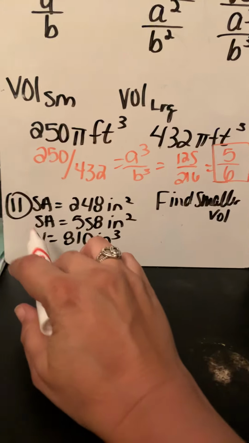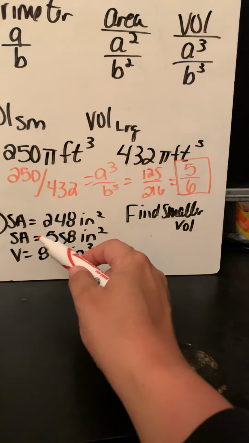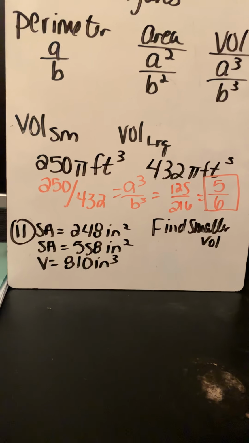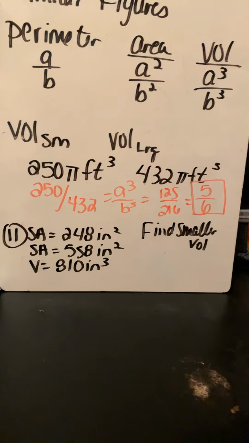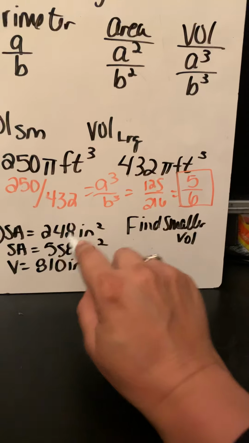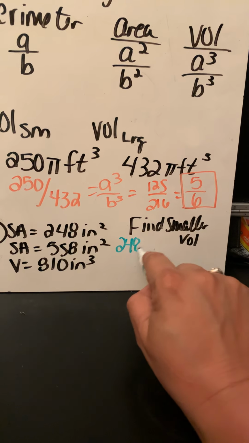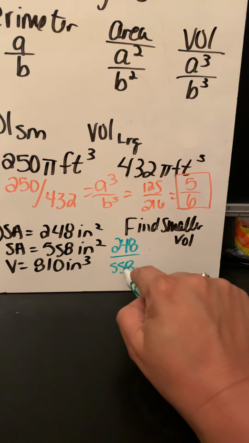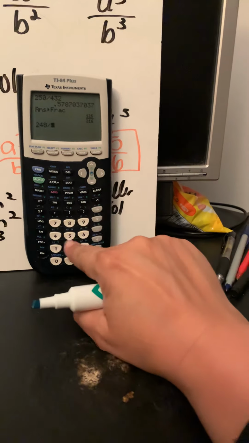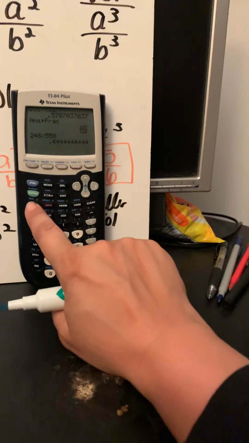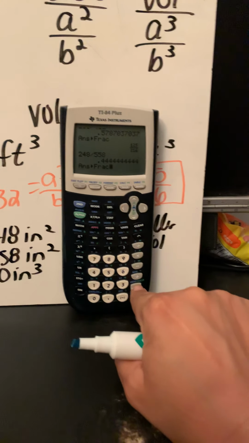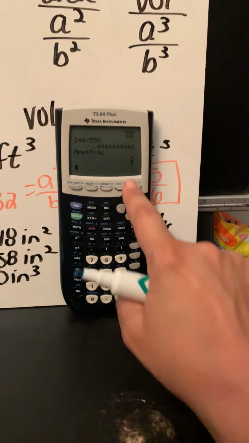Okay, when you get to problems like number 11, they give you your two surface areas. They give you the volume of the large. They want you to find the volume of the smaller. Well, the first thing, since I have my two surface areas, I need to find the similarity ratio. So I'm going to set up this ratio right here. 248 over 558. I'm going to do the same thing. 248 over 558 gives me 0.44444, and then I do math frac, and I get